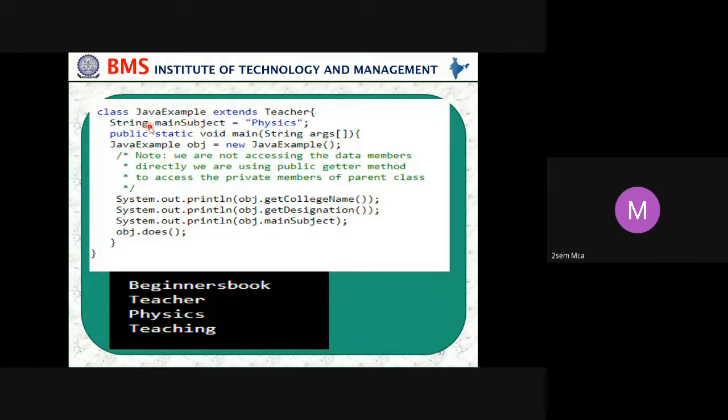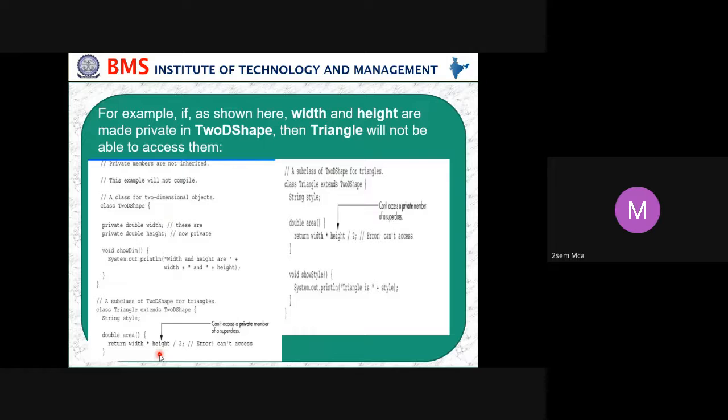Class Java example extends teacher, with a string main subject, that is physics, and public static void main. Then Java example object equals new Java example, and we displayed how this is working: beginner books, teachers, physics, and teaching. And we have seen one program of how this is working.